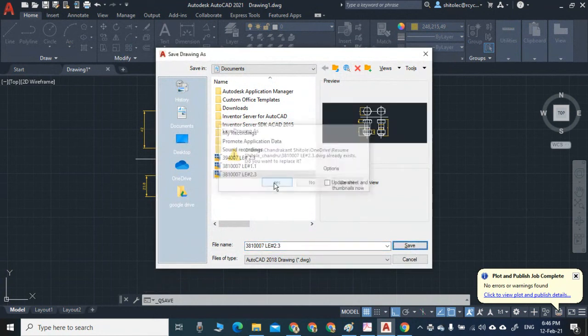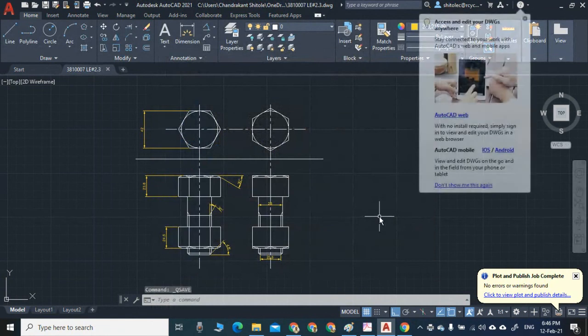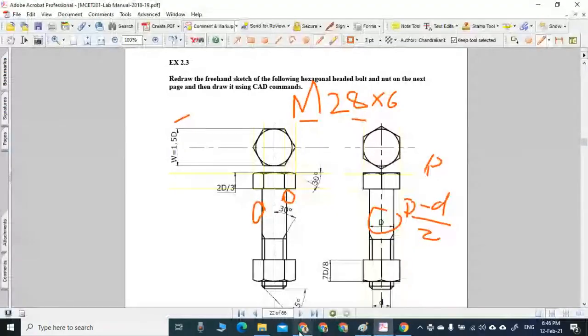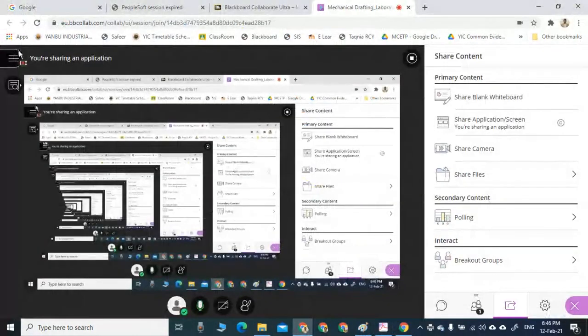Save. Yes. Class, and you can upload two files, one PDF and one AutoCAD on the Blackboard. Okay, so we'll stop here, close this AutoCAD window, and